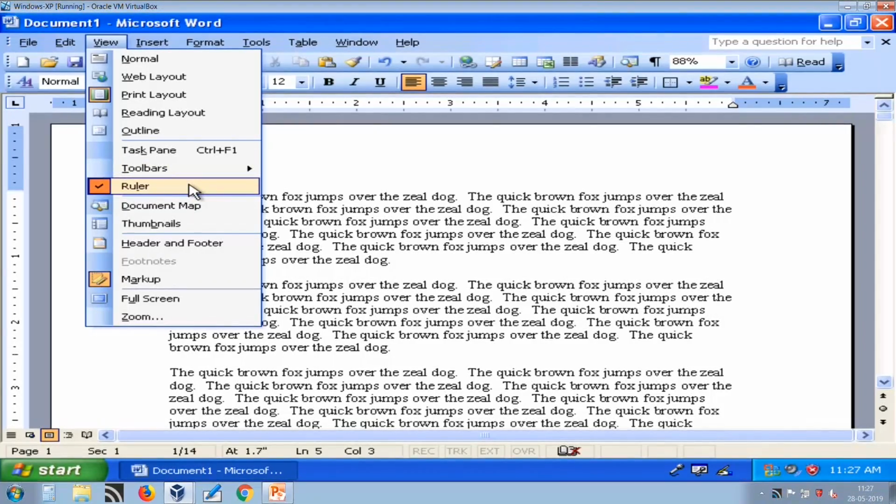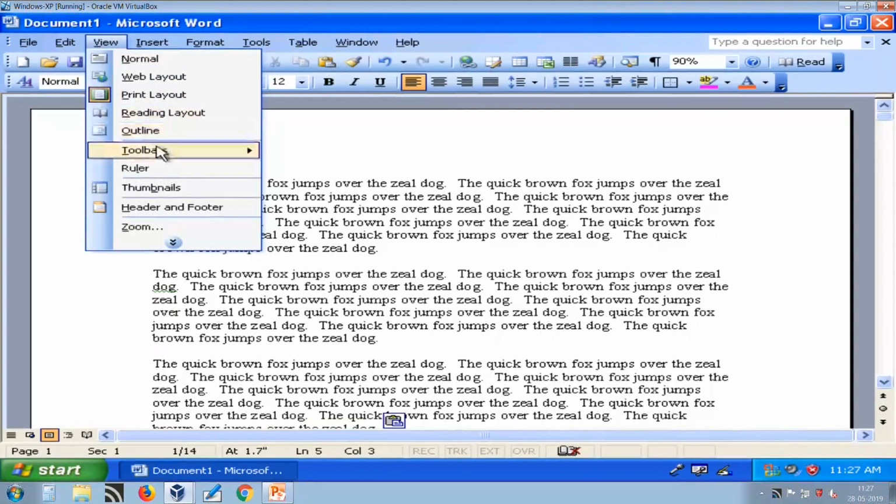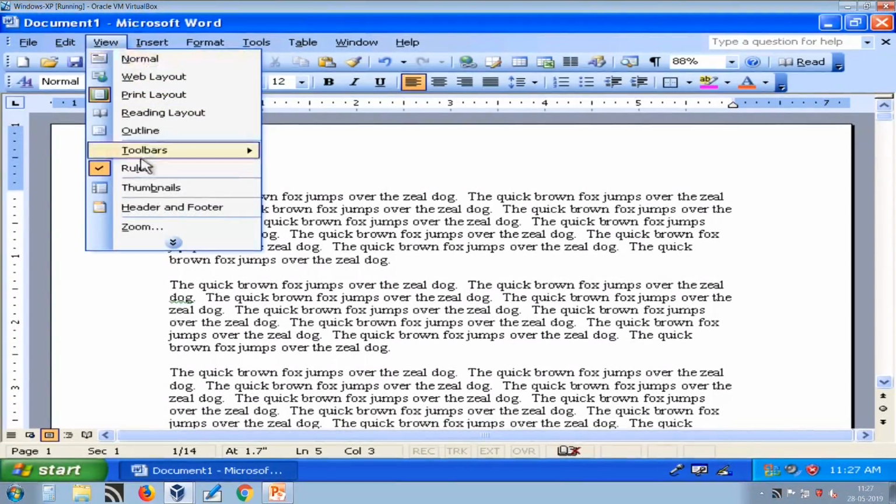Now, by default the ruler is viewed on your document, but if you do not require the ruler, you can hide it. So, just click on this and the ruler will be hidden, and whenever you require it again, you can click on ruler. So, this is how you can view and hide different parts of the Microsoft Word interface using the View menu.